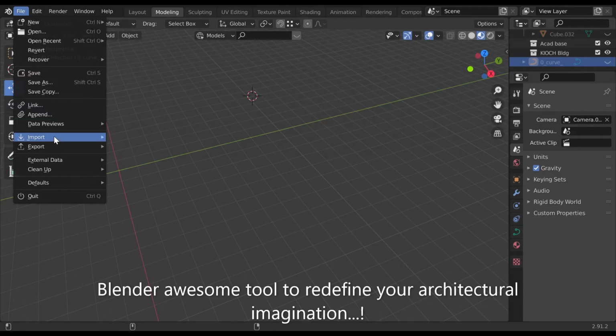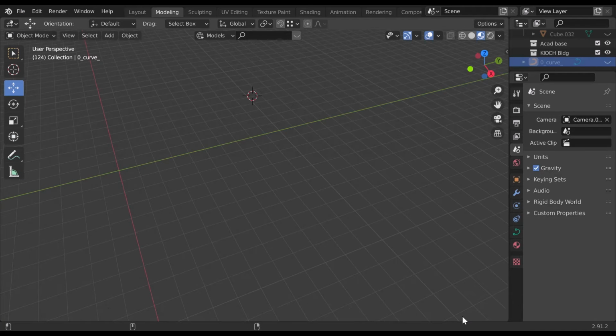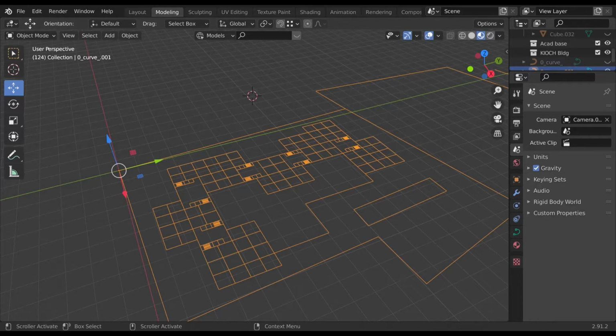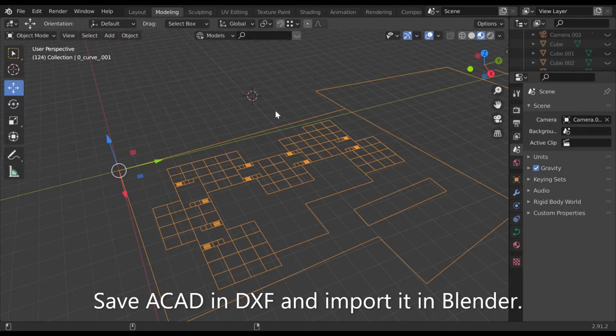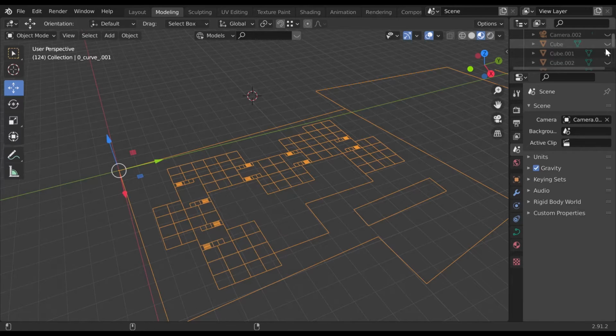Blender, awesome tool to redefine your architectural imagination. Just stuff in CAD, get them in DXF file and import it. You can, as you can see it in yellow lines. Then start erecting volumes with